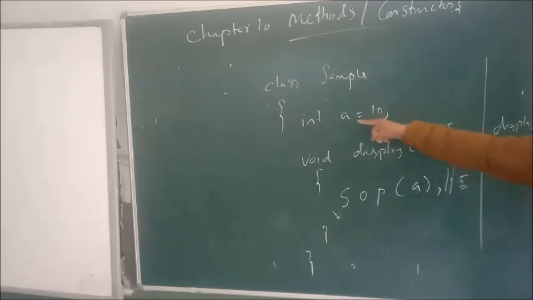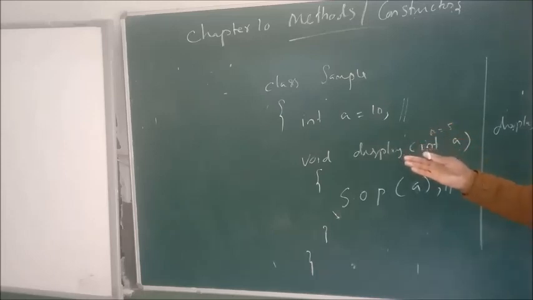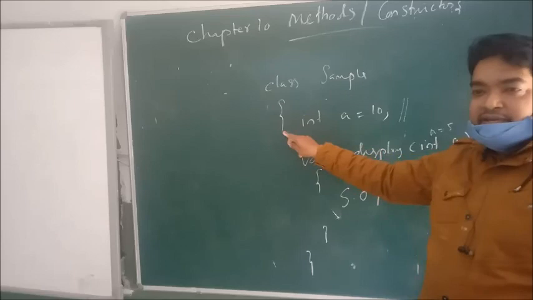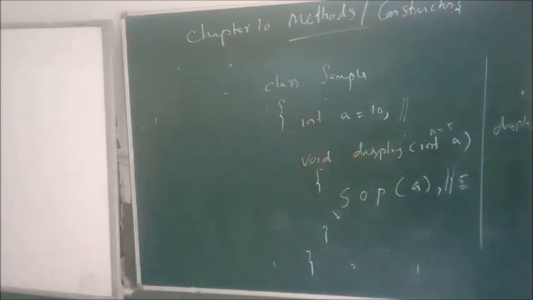But we have a variable int a is equal to 10. Right? So we can say this is a class variable. Class variable means, or class or instance variable. As it is inside the class, it is a class variable. Suppose if you add a static keyword there, we can say it is a static variable. Then int a, we can say, is a local variable, local to this display function.